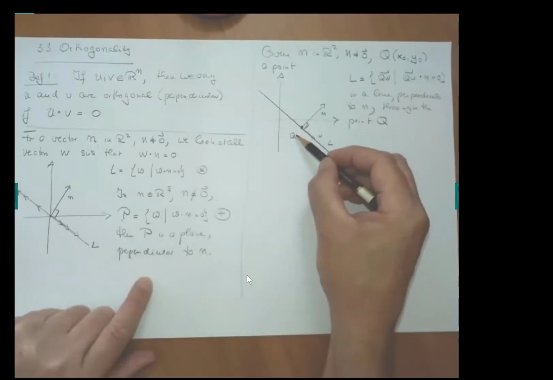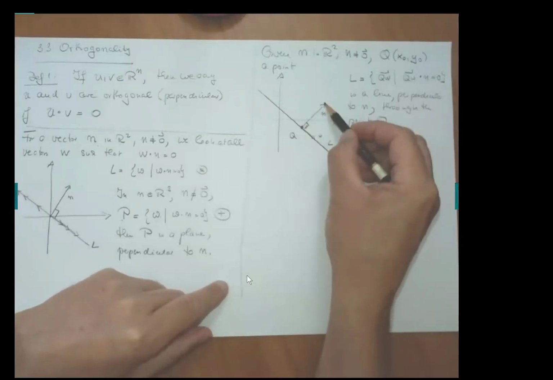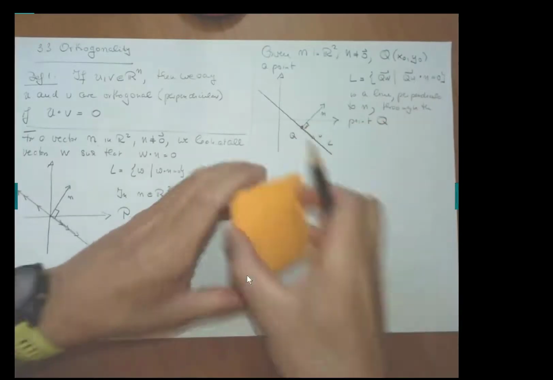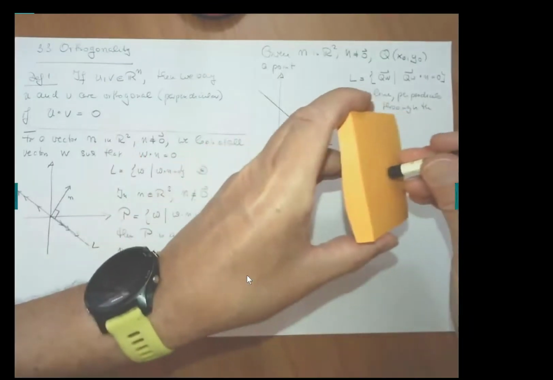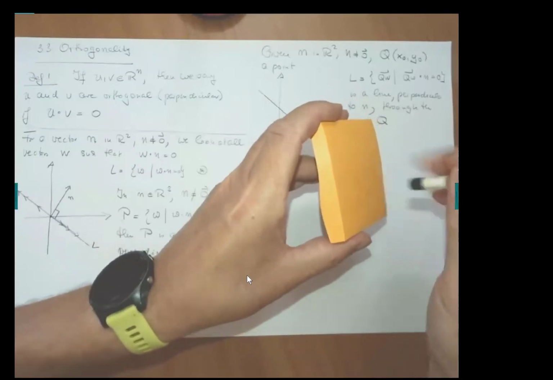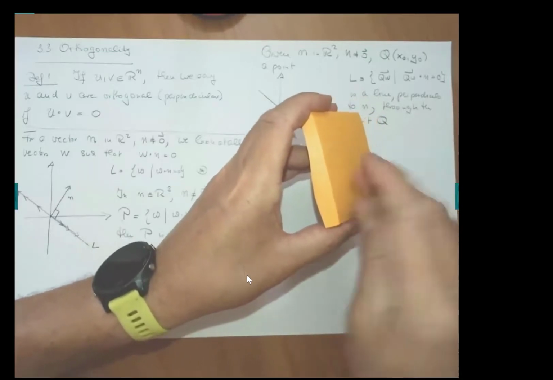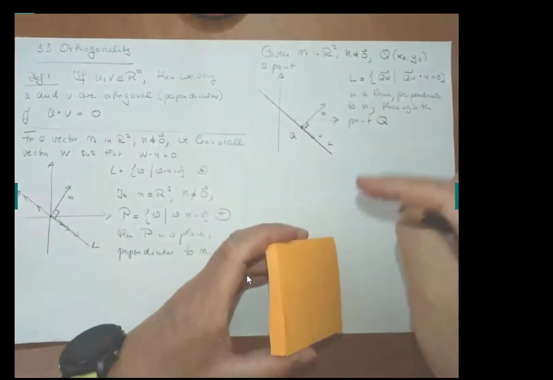In 3 dimensions, or in the 3 space, you can take a point and a normal vector. But this time, this point is not the origin. You move it to another point. So then this point would be your center, and this is your normal vector. And then you have a plane in space going through this point